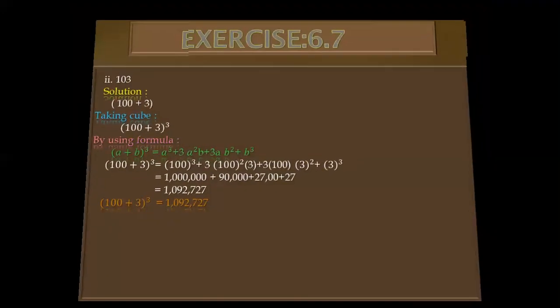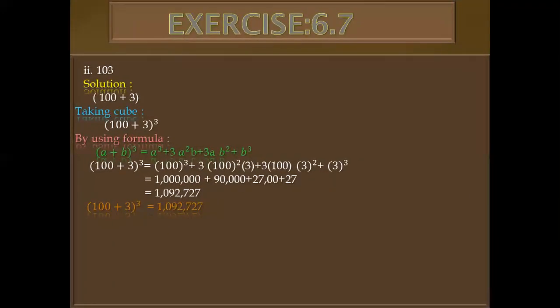Come to the second part, 103, and it is also easy for us if we convert it into a plus formula. 100 plus 3 is 103. Although there are many numbers which we can split in the form of 103, this is the easiest, 100 plus 3, so we choose that. Again, there is a plus sign, so we apply the formula of plus.